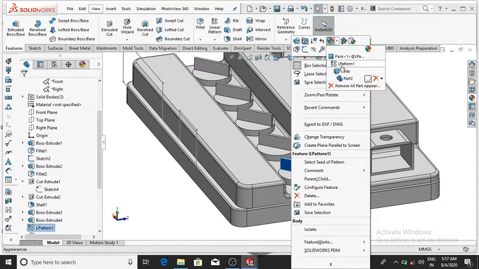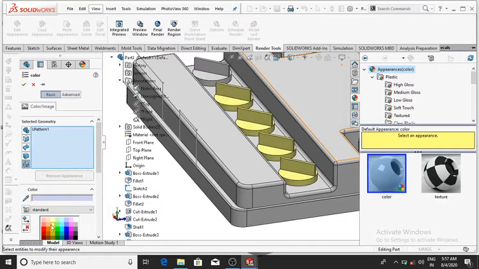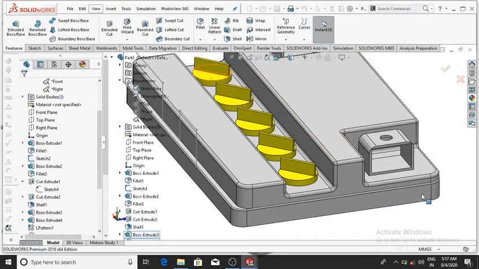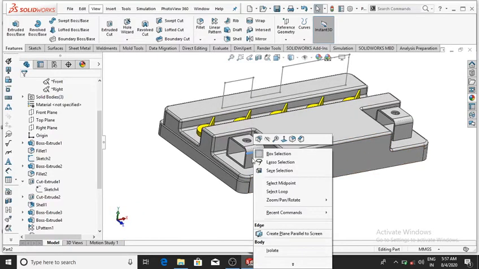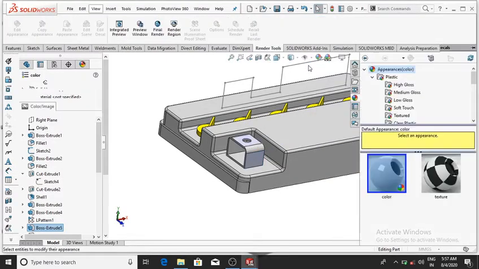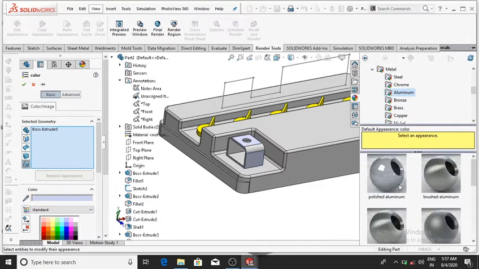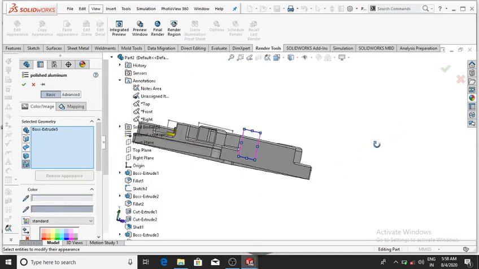Select this appearance and select linear pattern and make it yellow, and select this also and make it also yellow color, and again select this body and go to the appearance and now select the boss extrude and make it metal and make it aluminum and select polished aluminum and it will be selected, then OK.